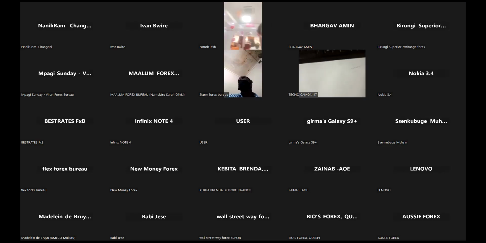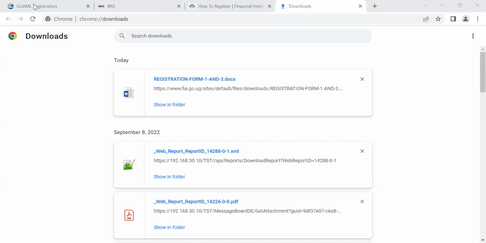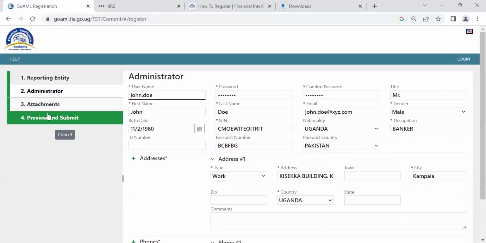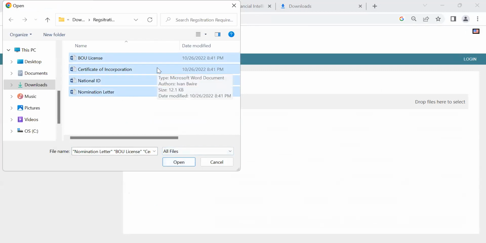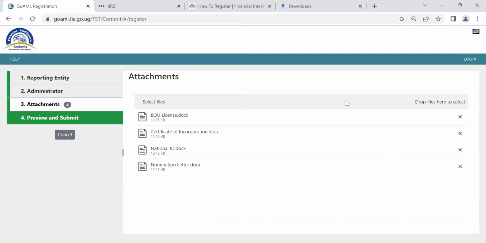Okay, so I want to take us back to the system. Once you're done, everything should be green. Attachments is what we have been spending time on. You can attach one for test purposes, but it's not required for this session. Just to let you know, you click on the attachments and they'll list here. Once you're done, you click preview and submit if everything is green. Can I take any questions, anyone we have left behind, because we have reached the end of registration.